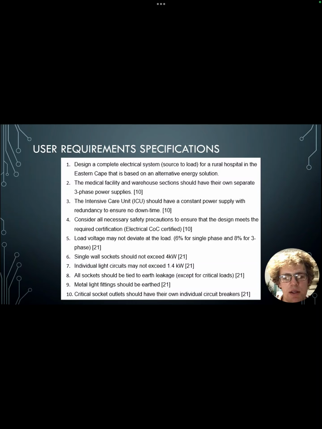Load voltage may not deviate at the load, 6% for single phase and 8% for three phase. So basically we do not want a massive surge or deviation in power. The project needs to provide stable